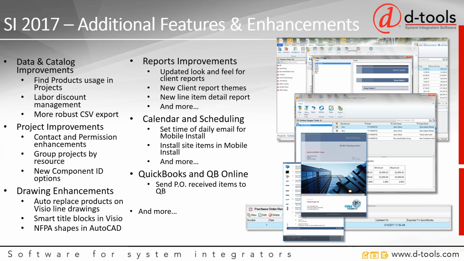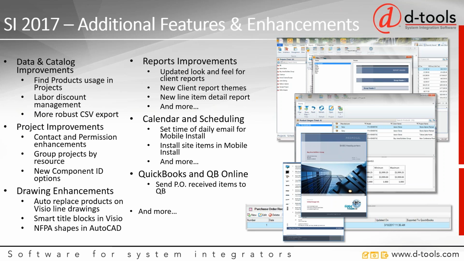So as with any other release, we have a number of improvements across all areas of the platform. Improvements in data and catalog. One of the key features is this new ability to find products that are used in projects, which is great for you to be able to look at what's been discontinued or what products are used the most. We can export information from the catalog as a CSV export and include calculated fields